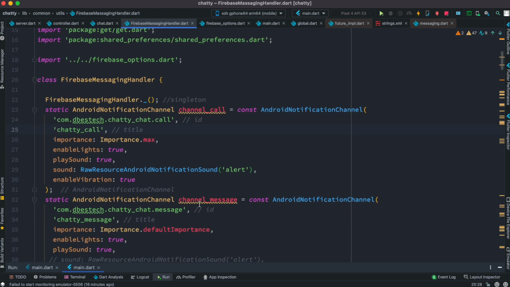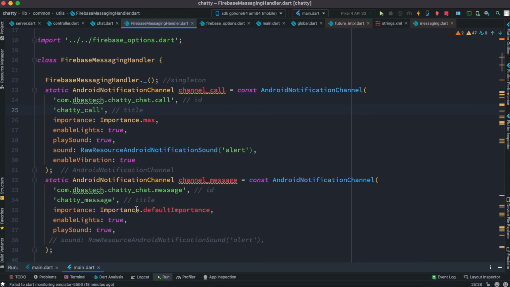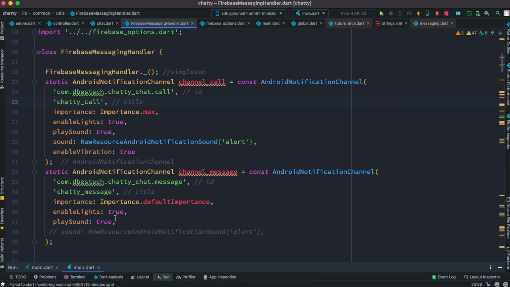And the other one is for sending messages. Now, for sending messages, we also have a channel ID, and of course it has to be different from this one. They could be random actually, but make sure that they are different. Also your channel name over here has to be different from this one. At the same time, we also have some settings. This is a text message that we are sending, so the importance is default importance. We didn't really care about the priority, so go ahead with defaults, but when you make a phone call, it has to be maximized. So that's why over here we did maximize. Now, play sound is default true, but you don't see this raw resource Android notification sound, because we want to play the default sound, and this